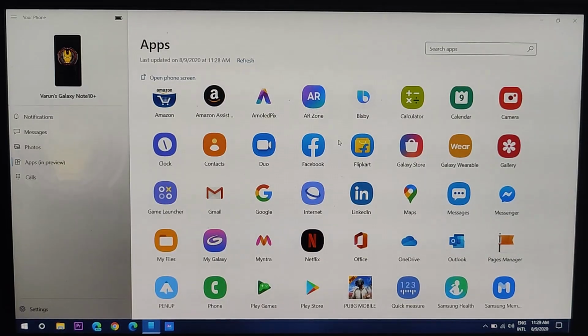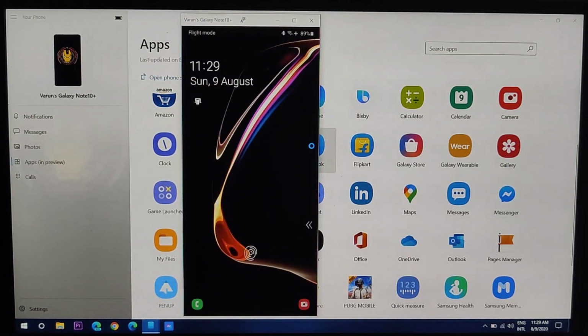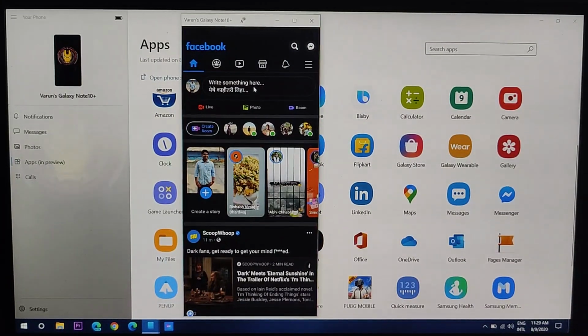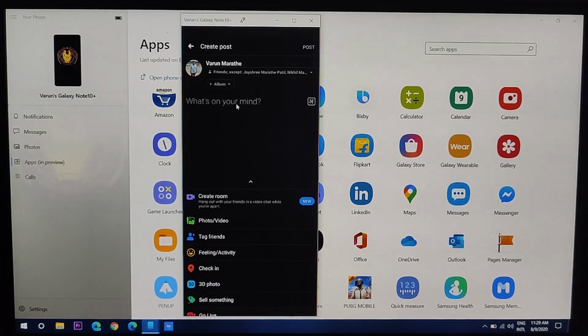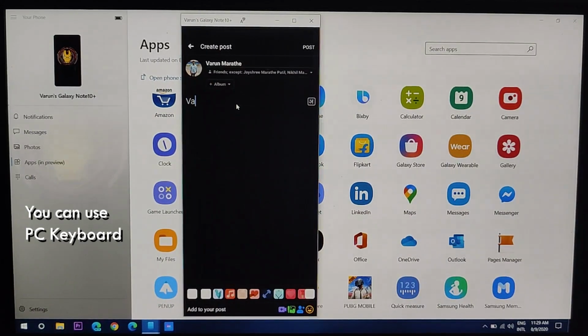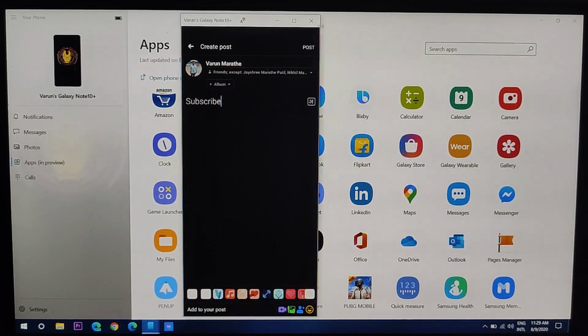Another feature which is there is you can just instantly reply to any of the messages that will come on your WhatsApp or Facebook as well, or you can just use your keyboard to type. Now again, as you can see, I need to unlock the phone to do that. So if I have to write something over here, using the keyboard, it will show up the phone's keyboard, but you can just use this instead and just do whatever you have to do, post it from here, and it will be posted.